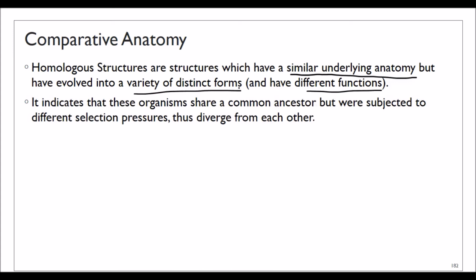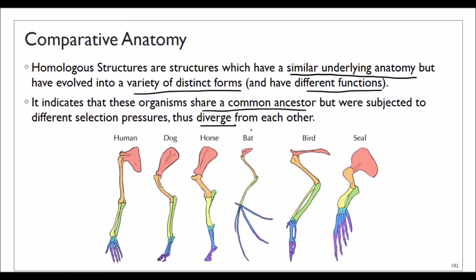And this indicates that these organisms once upon a time have shared a common ancestor, but then eventually, because they were subjected to different selection pressures, they have diverged into different organisms. So an example of that is if you look at the limbs of, again, a range of organisms from human to dog to horse to bird to seal, you can see some very similar underlying anatomies, but obviously the actual